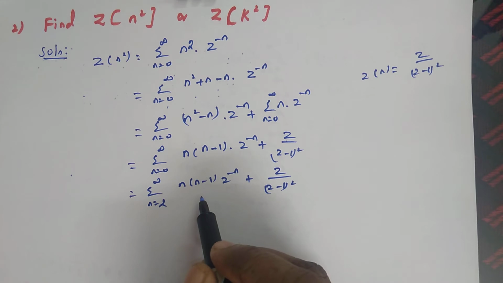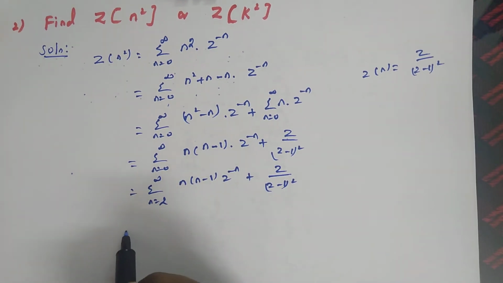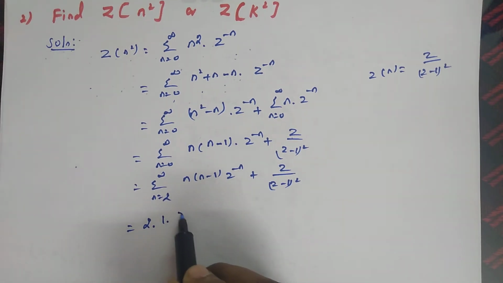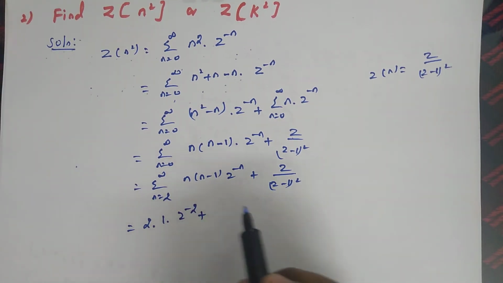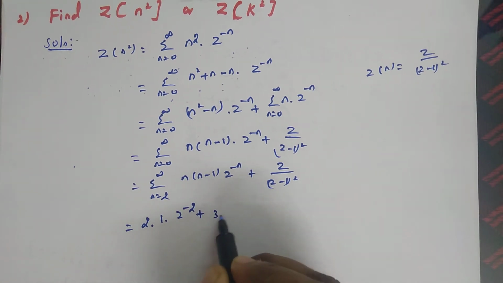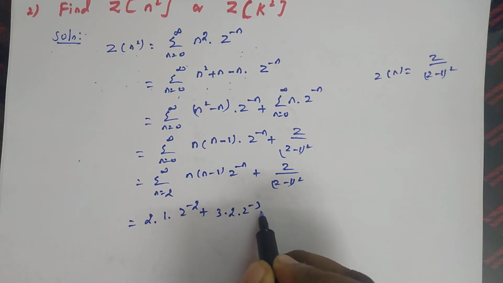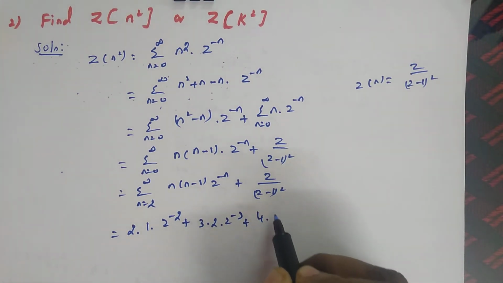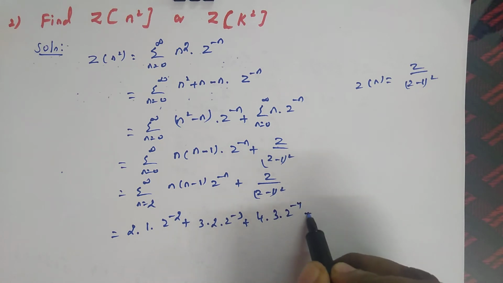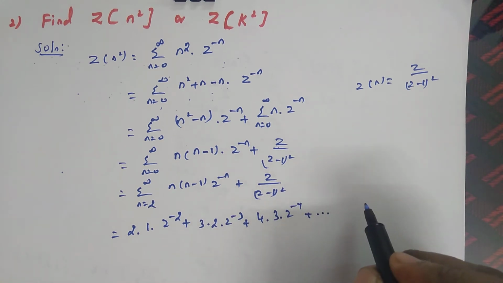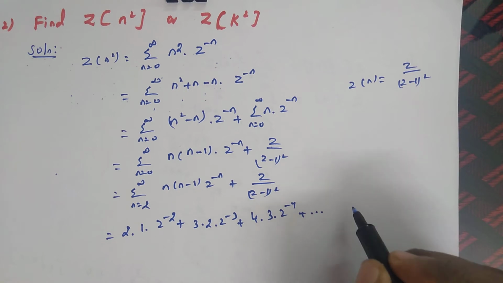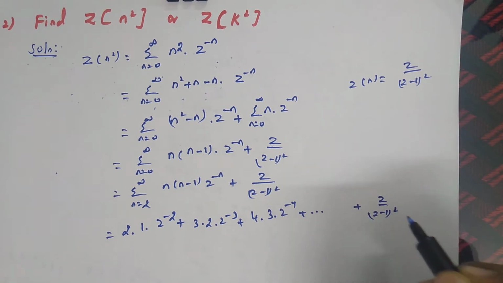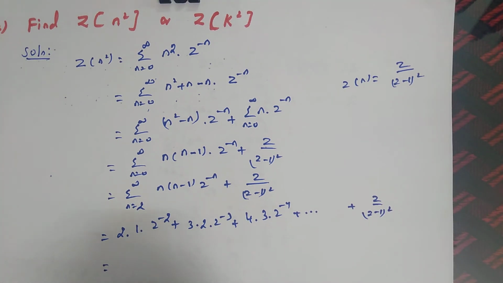So now we are going to give values for n. So the first value is 2. So 2 into 2 minus 1, that is 1, and z power minus 2, plus the next value of n is 3. So 3 into 2 into z power minus 3 plus 4 into 3 into z power minus 4 plus etc. Then the last term is z by z minus 1 the whole square, which is equal to